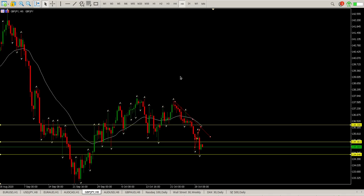I don't really see something apart from this little gap here. It's still open. Let's just put that in. So there's a little gap here, over there,